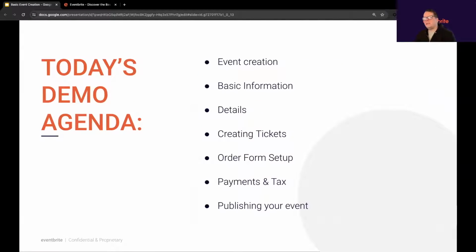Today's agenda is basic event creation. We're going to cover all of the steps in creating an event on Eventbrite. And rather than talk through each item on our agenda, I'm going to go through each item in a live product demo. We have a lot of ground to cover, including a review of all the items that you'll need